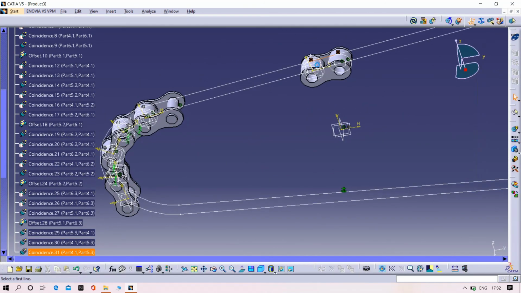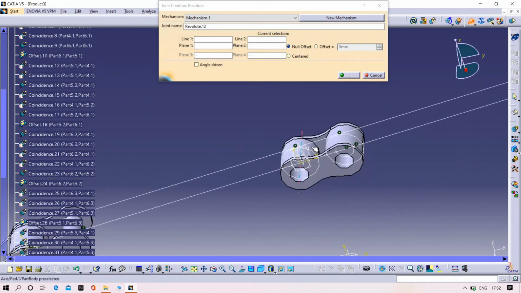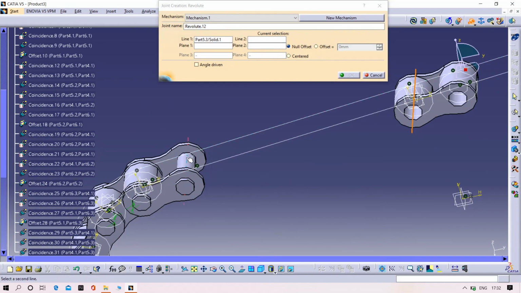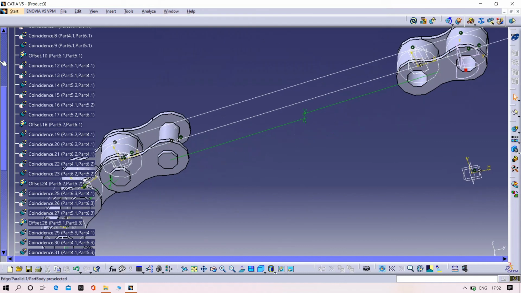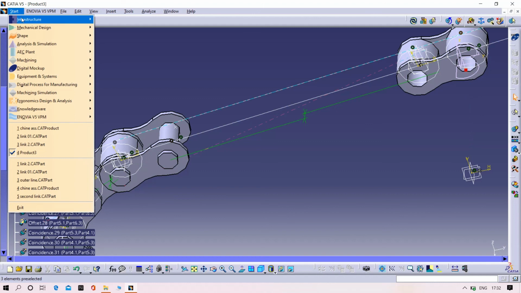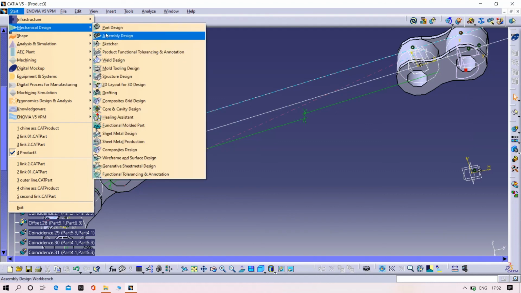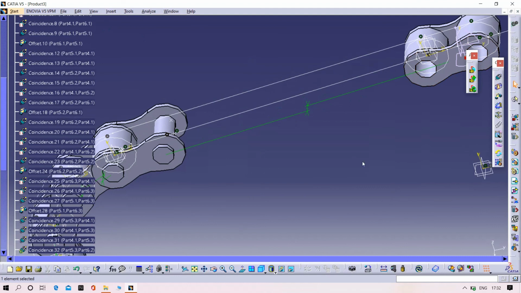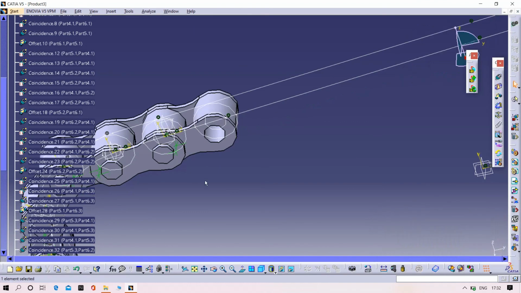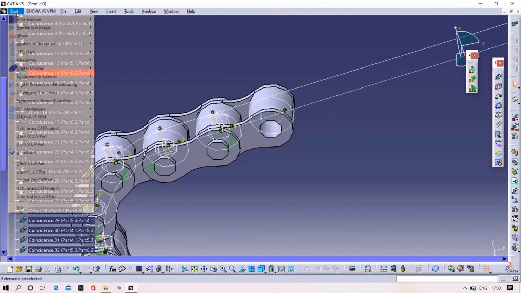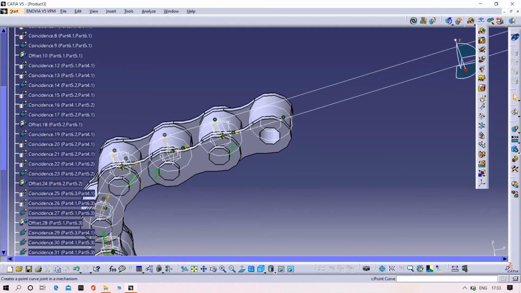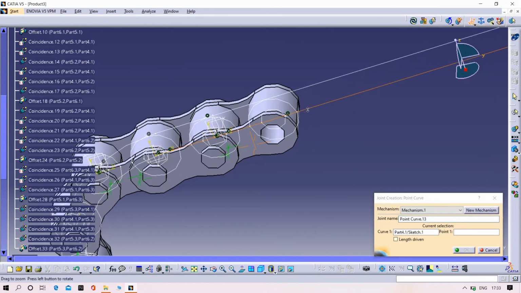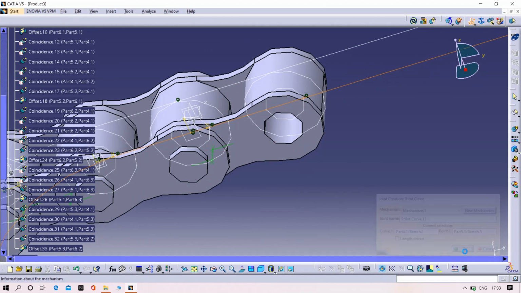Again try to go to the kinematic section, select the revoluted joint, surfaces, offset, and then it will show like this. Nothing to worry, try to go to the assemble design section, then apply. It will assemble. Then again go to the kinematic section and select the point and curve joint, select the curve and point, click OK.